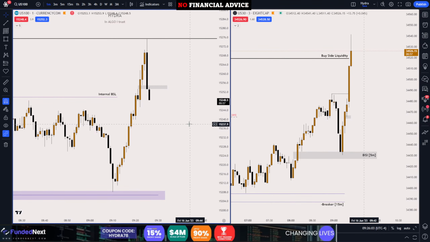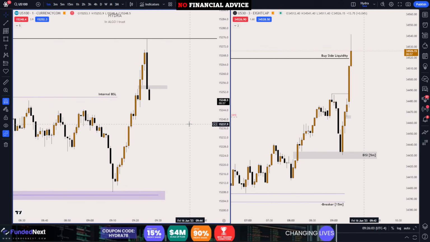I want to see a breaker block forming here. Okay, this is a higher time frame PD area. This relative equal highs here. This is a higher time frame PD area. I want to see a breaker block forming here. This down close candle, I want to take this trade. I want to take a trade based on this down close candle. So let's see. There's no down close candle here, so